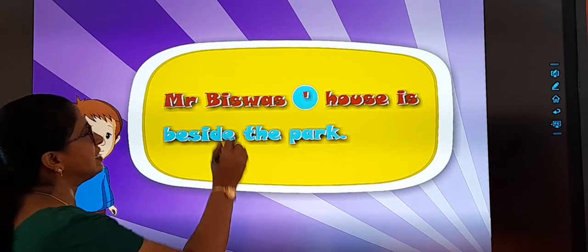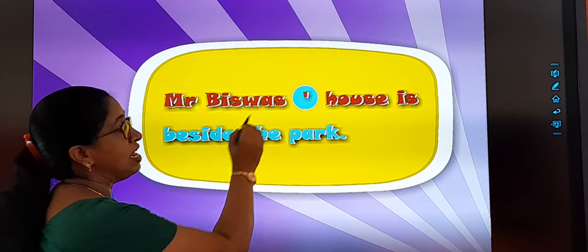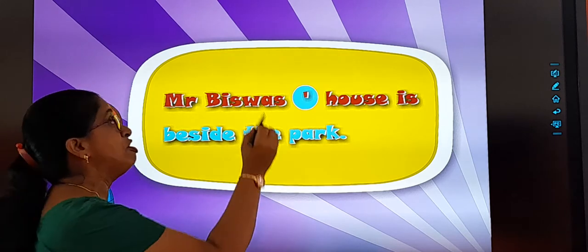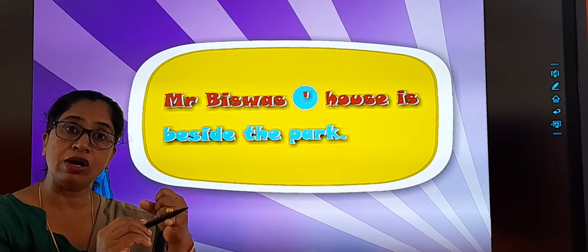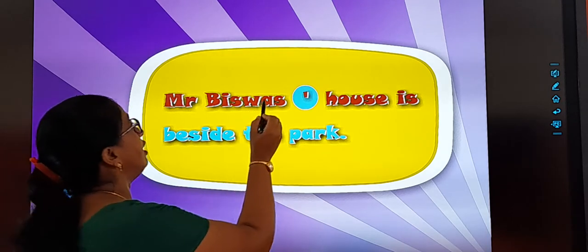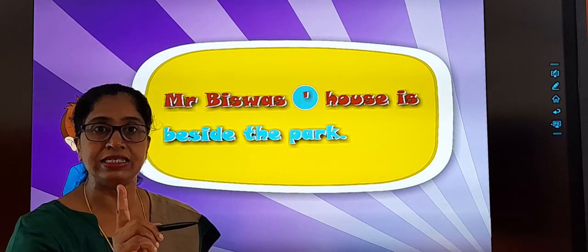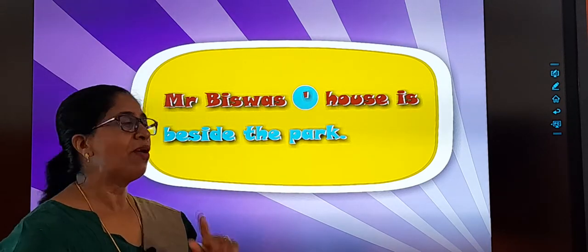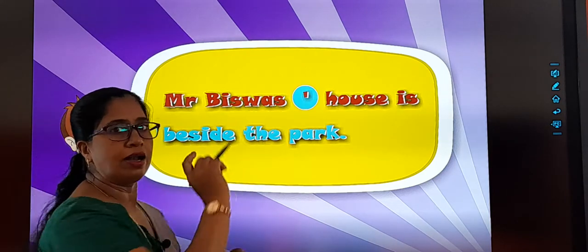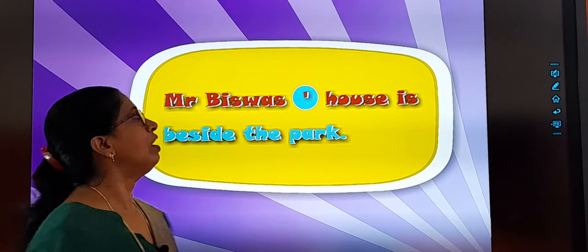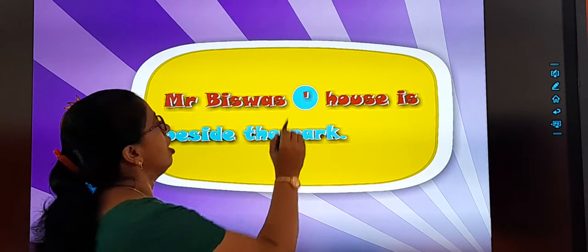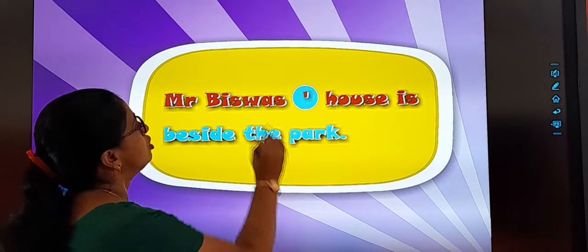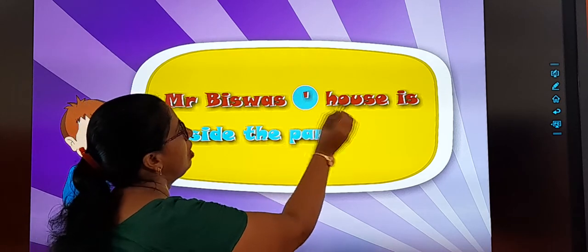Now here it is singular, and the name of that person is Biswas, and the last letter is S. When you have a noun, whether it is singular or plural, if it is ending with the last letter S, then you will only put an apostrophe. Isn't that simple? Now what you have to remember: whether it is a singular noun or a plural noun, if it is ending with the last letter S, you will only put an apostrophe and write the name of the thing that belongs to that person. So, Biswas is ending with S, so apostrophe and house.